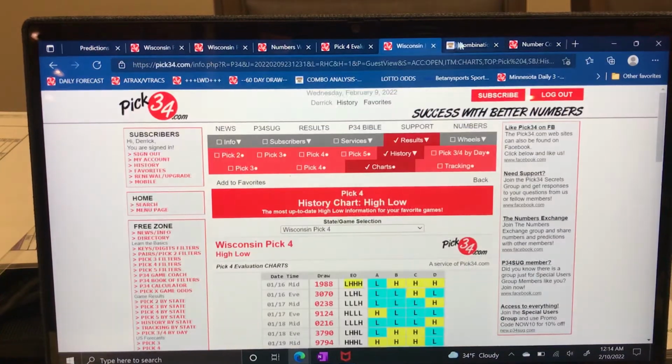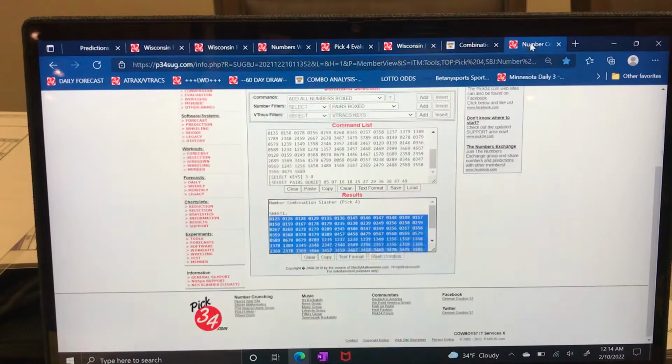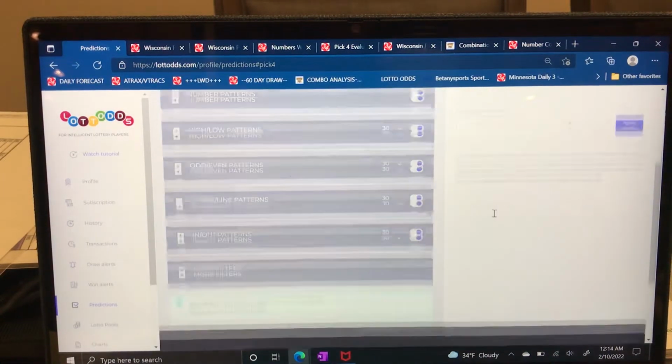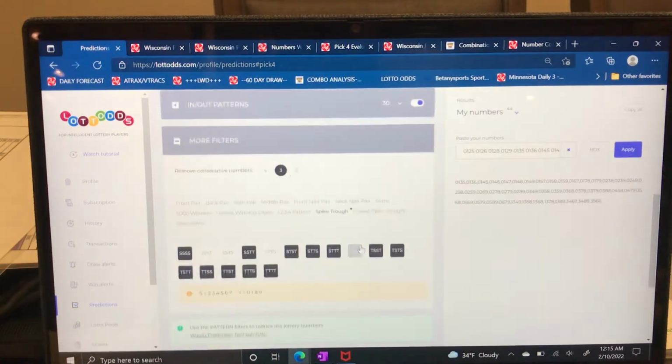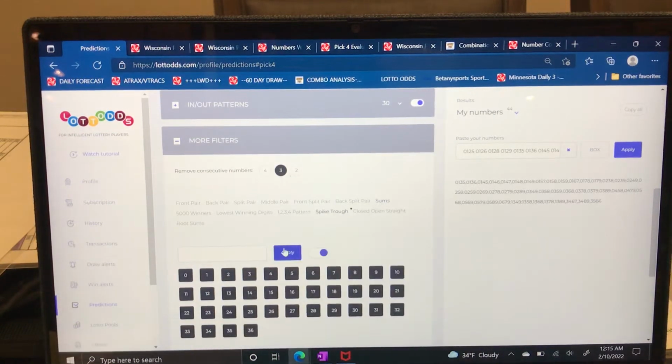about this pick 4 pool coming up. But so what am I doing? All right, we're going to go back over to prediction. I didn't do that yet. Damn it. Oh yeah, we're going to do it right now. All right, sorry. We're going to go to sums, and now instead of doing